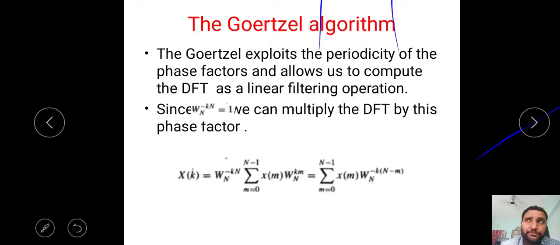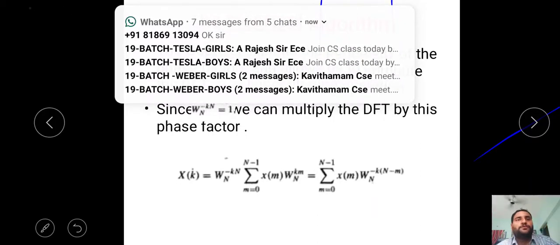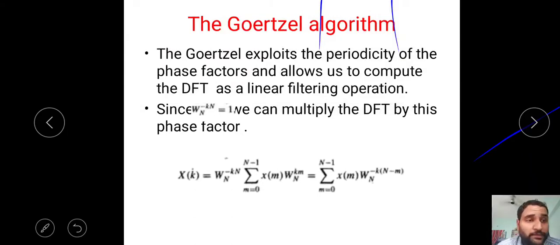Why? Because in the fast Fourier transform algorithm we have 8 inputs and we get 8 outputs. There is no chance to get fewer outputs. But in some cases we don't require all 8 outputs at the end, that means we don't use those. So we have to reduce the total complex addition complexity of the system by computing only specified values of the DFT. If we are given 8 and we require only one, we have to find out only one. In such a case, we go for Goertzel's algorithm.